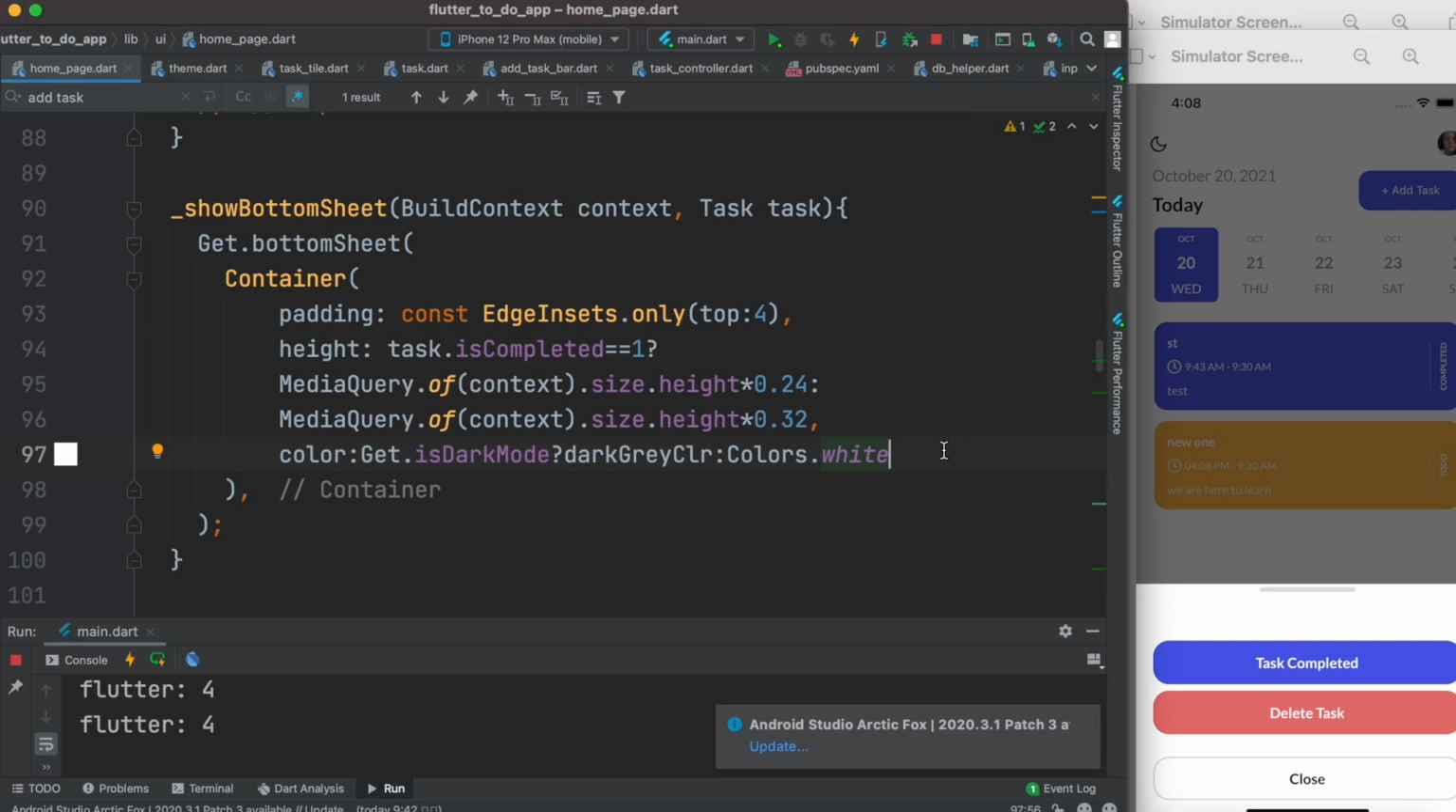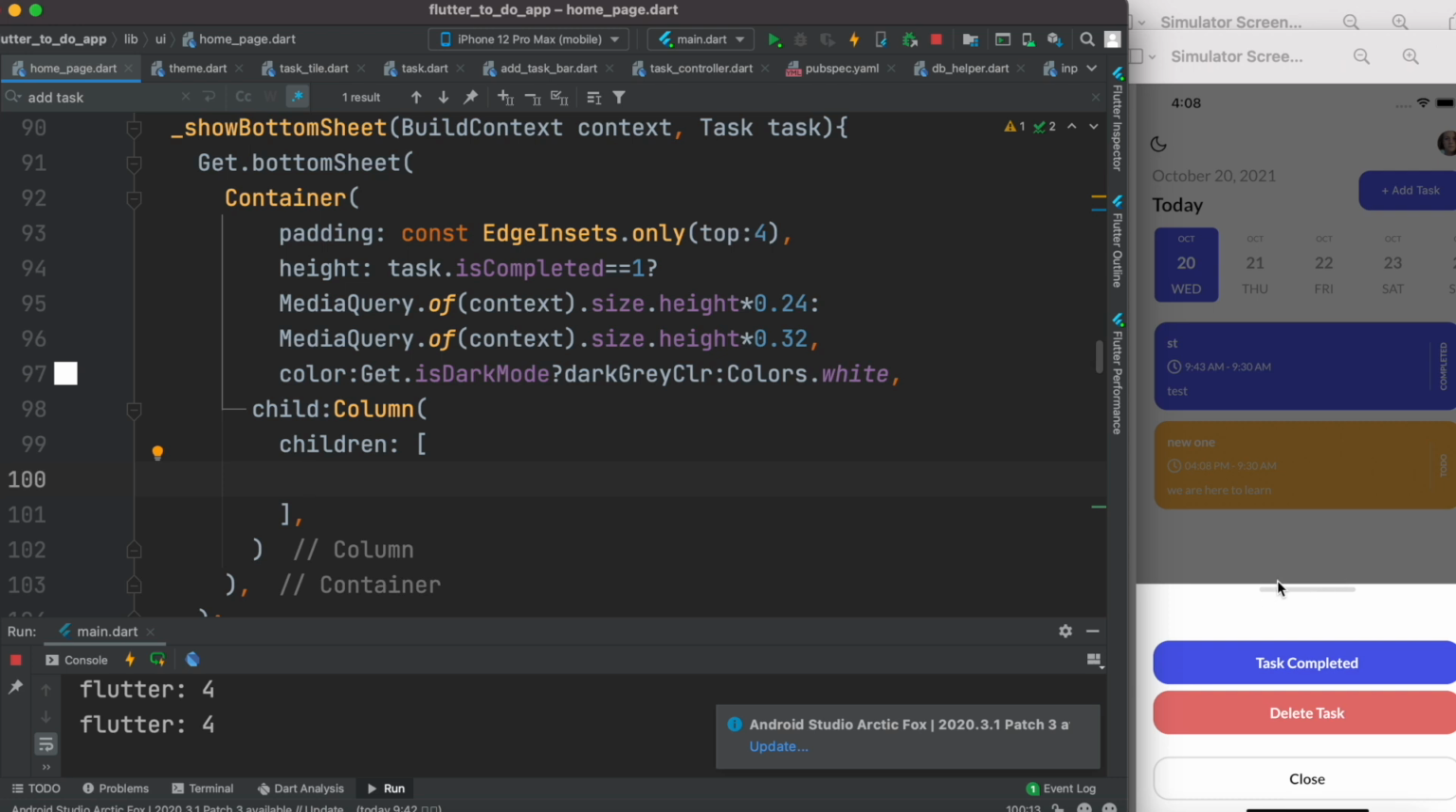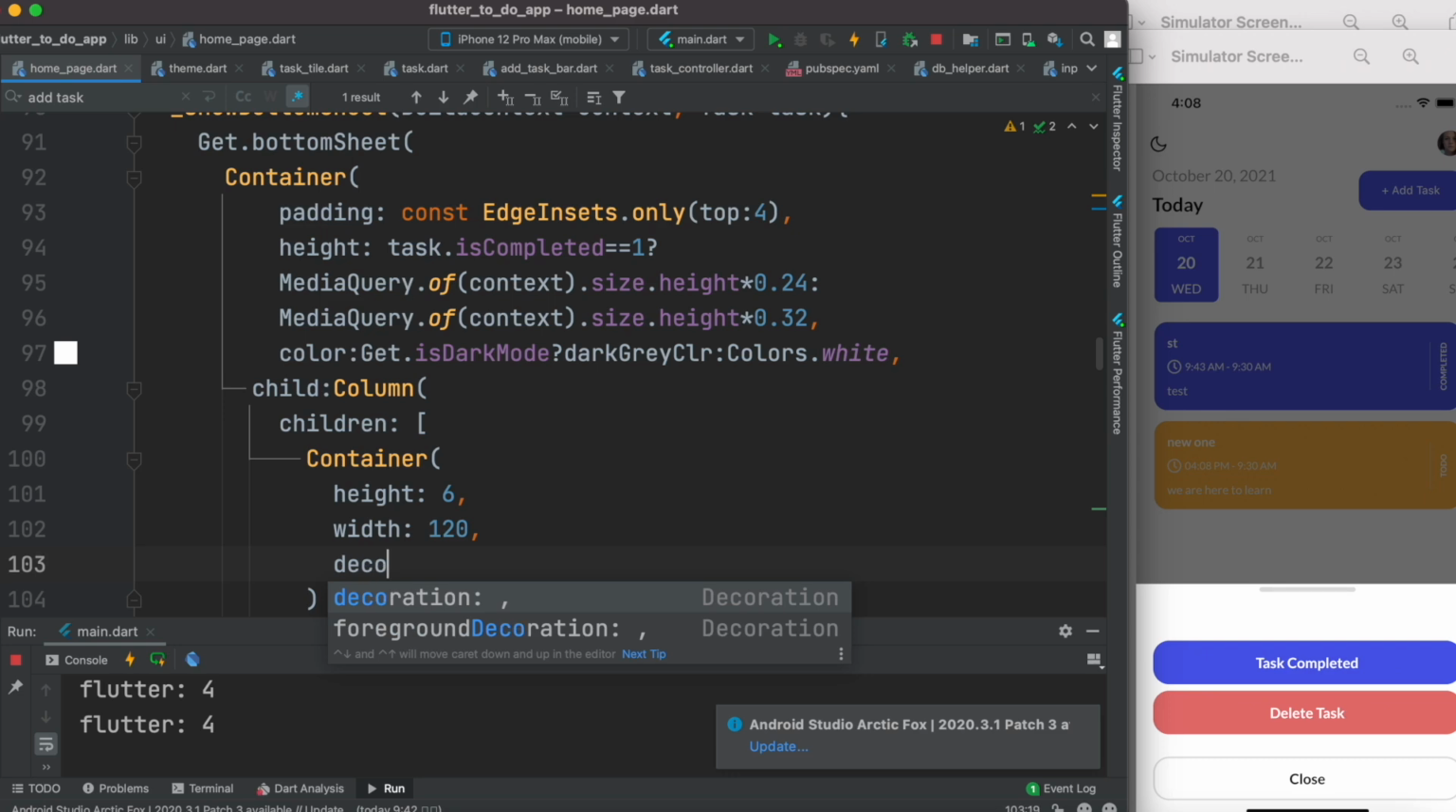Okay, now from this picture, we do understand that here we need this thing now. So how to do that, and how to do this thing. So all of them, we'll put them in a column section. So now let's go ahead and declare child over here, and first we'll write Column, and it takes children. Now the first child is this one, so we can do it with simply a Container. So we do Container, and we do height, say 6, width 120, and then decoration,